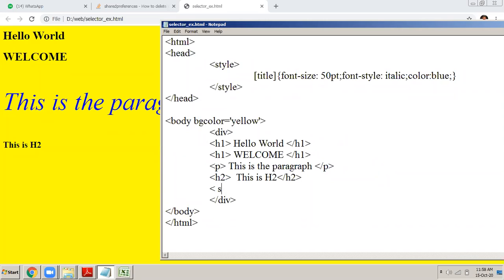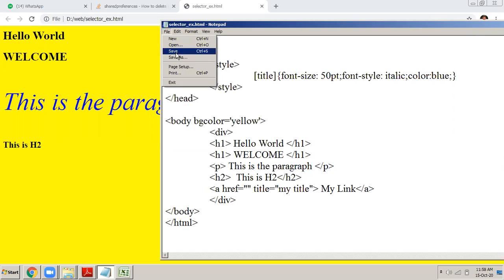And here we have href is equal to don't go anywhere, and this is my link, /a. Okay, and then this a tag has got an attribute called title, which is equal to my title. Okay, my title. So file, save,